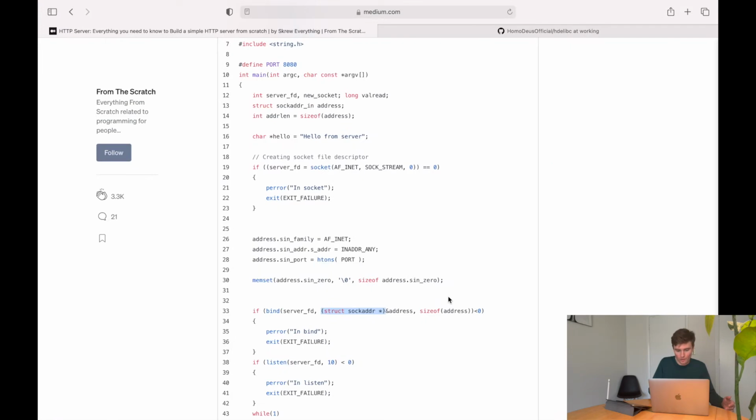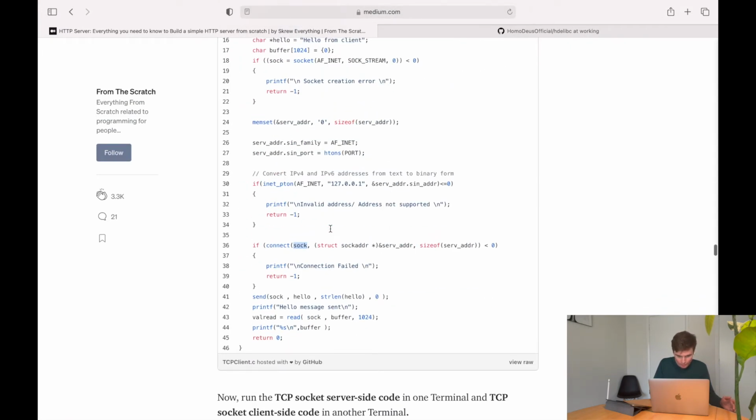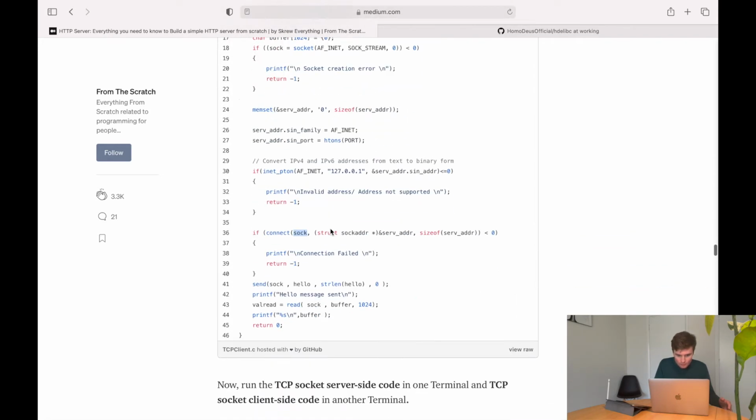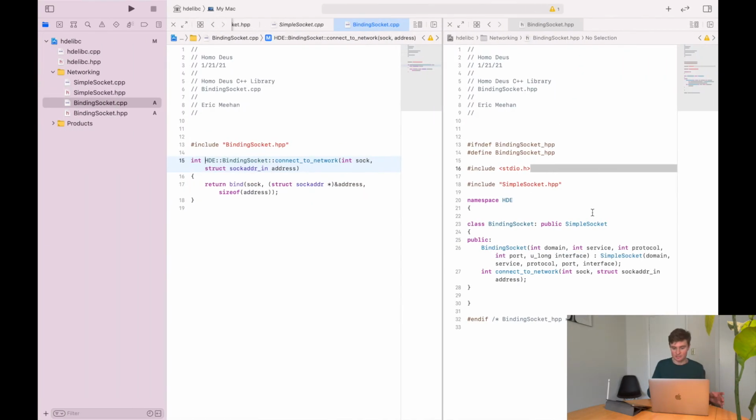So we could make one for the client side where they use this connect function. So I could go ahead and create this connecting socket that just does exactly the same thing. It just has this constructor that passes information along, and then it defines our connect to network function so that it will,